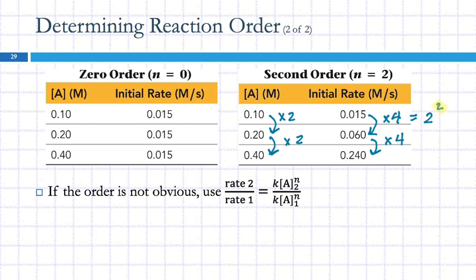So, like this data, sometimes you can look at the data and figure out the order without doing much math. Other times it's not so obvious. And then what do we do? We're going to use this equation here. And that looks kind of complicated, right? There's all these letters and numbers and what are we doing there? Well, I don't know if you remember back in Chem 1A,